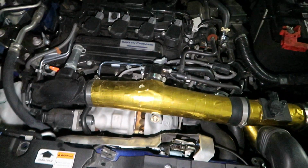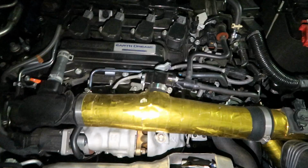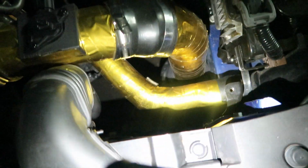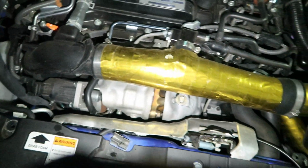There. As you guys can see, I have a PR oil intake, which you can't see because it's wrapped up in heat shield wrapping. I have a custom cold-air intake done by me, which goes right there. I also wrap some of the intercooler piping. I have Pure Oil downpipe, Pure Oil front pipe. I have a Mishimoto oil catch can right there. Hash port mounts, and obviously I have a SI transmission,